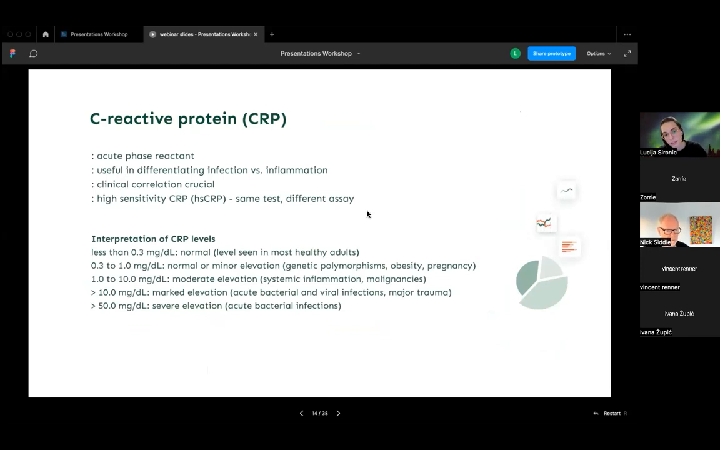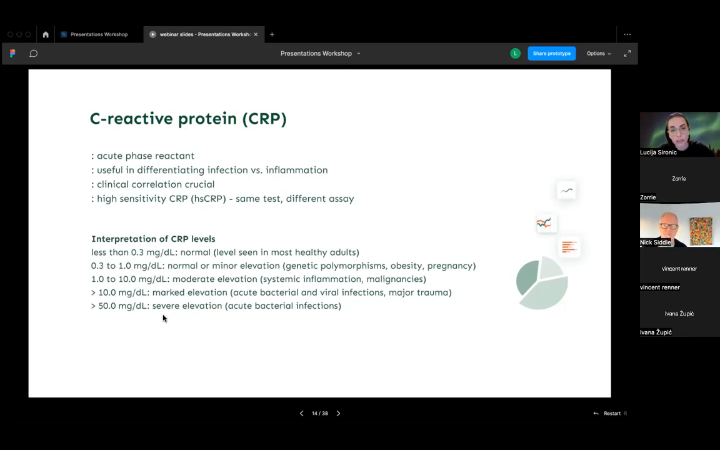CRP and high sensitivity CRP are one and the same test. It's just that with high sensitivity CRP, we use a different assay, so we can pick up on lower levels of CRP that we cannot with the stand-alone CRP test. And if you do that, then you'll see that up to a level of 1 mg per deciliter,